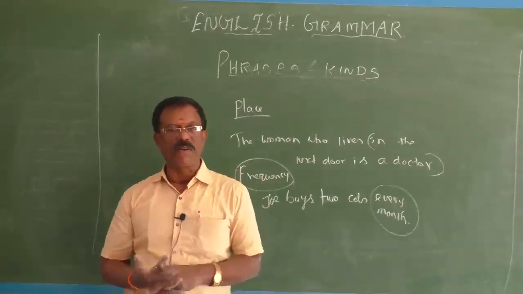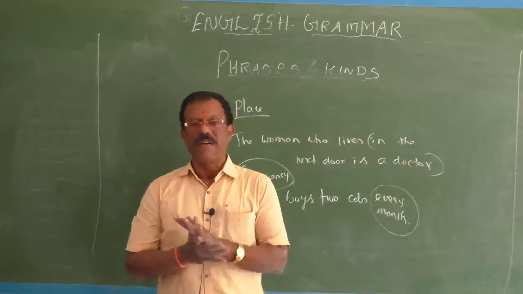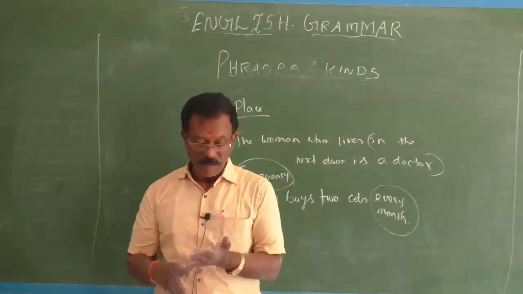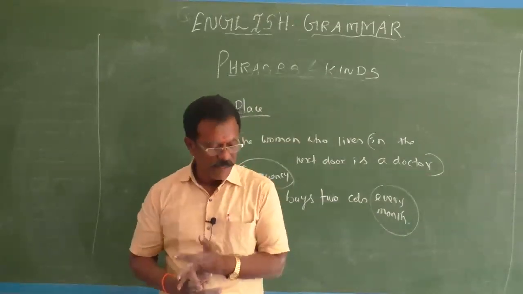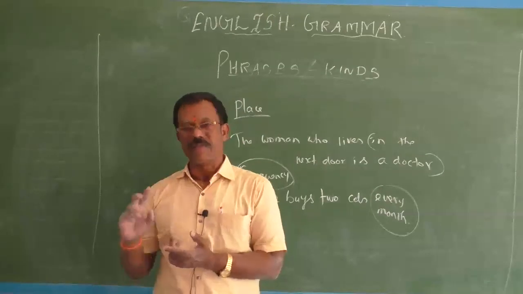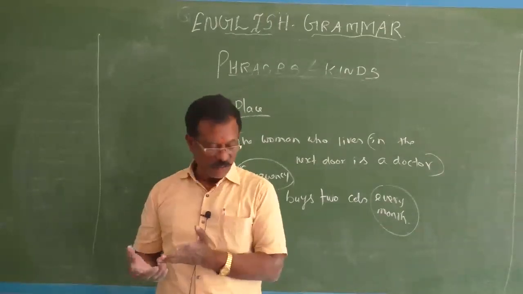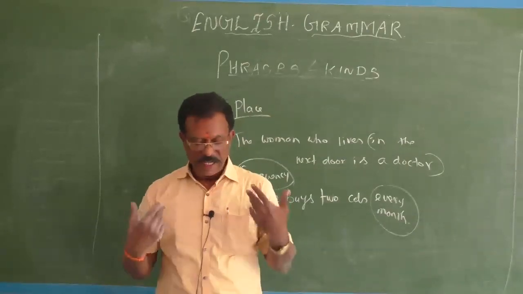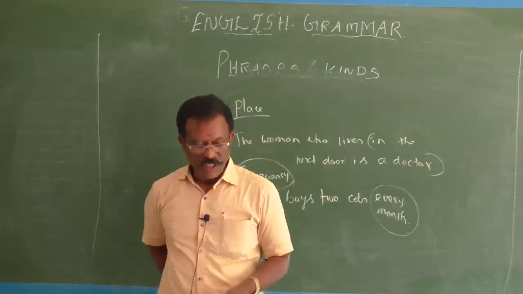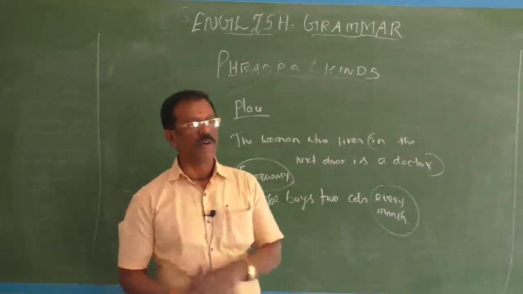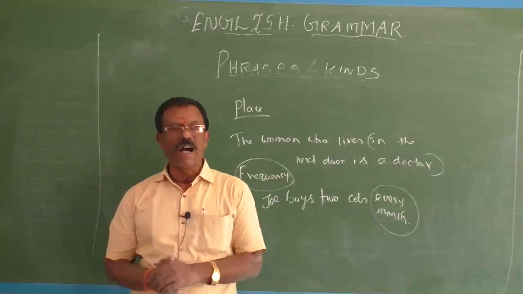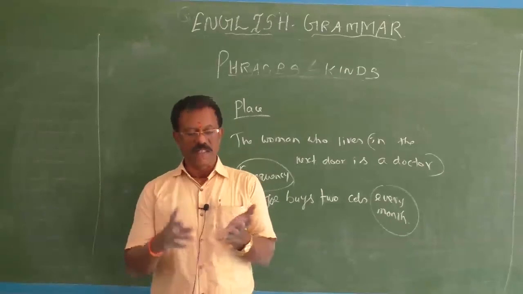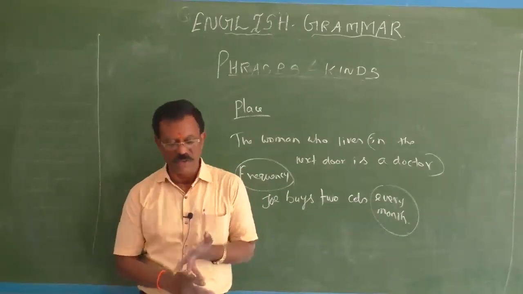Adverb phrases are many in types. An adverb phrase may refer to the manner, time, cause, reason, or the condition of the situation. Sometimes an adverb phrase may refer to purpose, and we also have adverb phrases of place. So in this way, I hope in today's video class you have learned all 3 kinds of phrases. What are the types of phrases? Noun phrase, adjective phrase, and adverbial phrase.